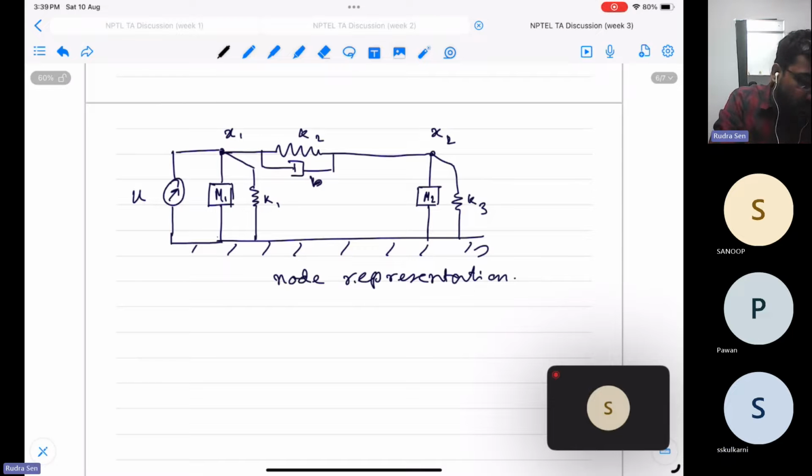Now we have to apply KCL and KVL, as we do in network theory, on node 1 and node 2. So u is equal to m1 x1 double dot plus k1 x1 plus k2 into (x1 minus x2) plus b into (x1 dot minus x2 dot). Similarly, when we apply node analysis on node 2, it is m2 x2 double dot plus k3 into x2 plus k2 into